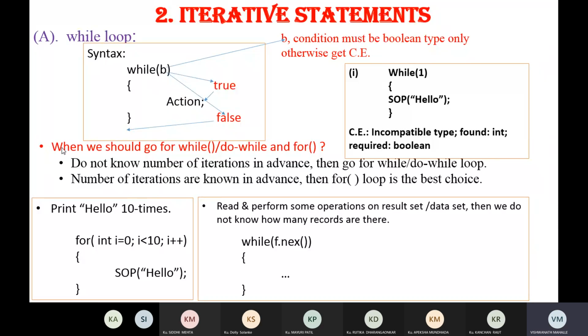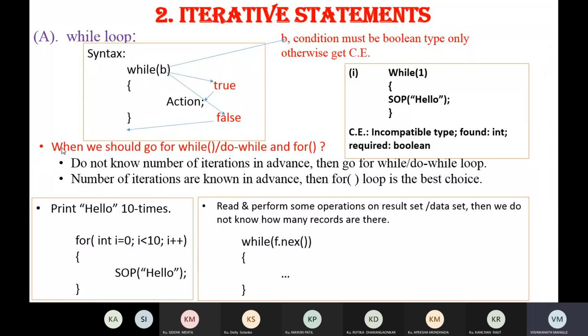We will go for the while loop first. Here the question is when we should go for while, do while, and for. If we know the number of iterations, then generally we go for the for loop, because we are specifying the initial condition, final condition, and then the increment.